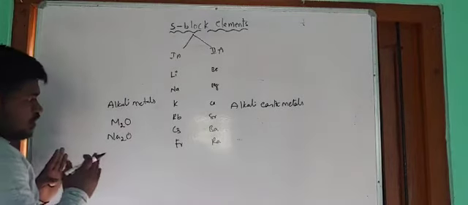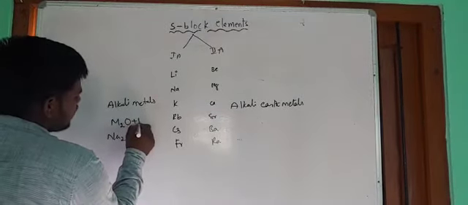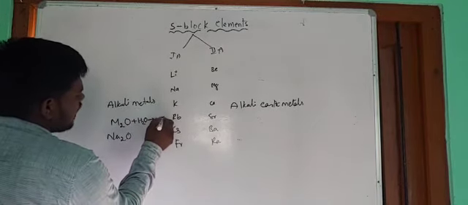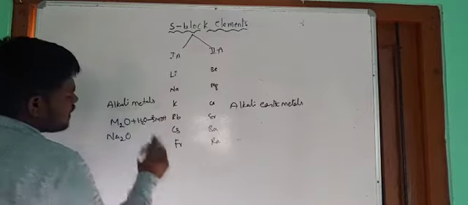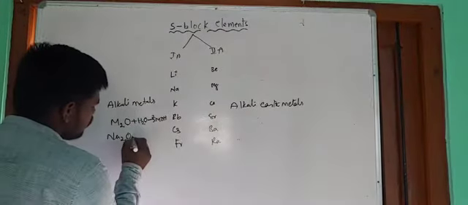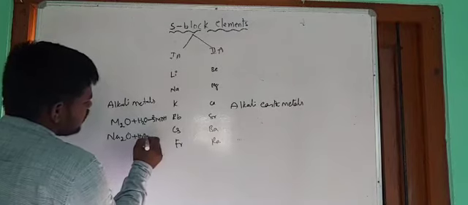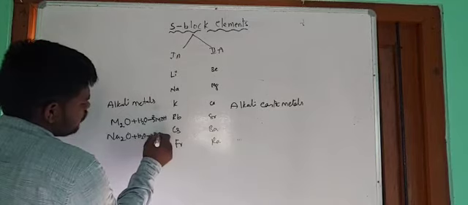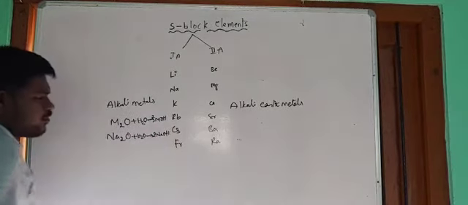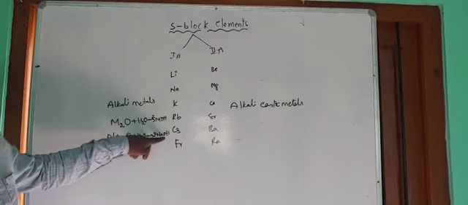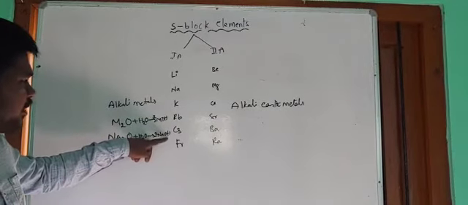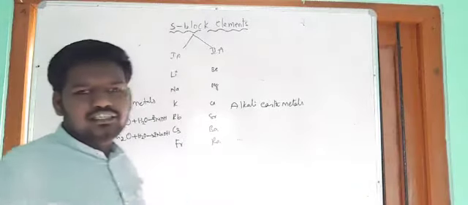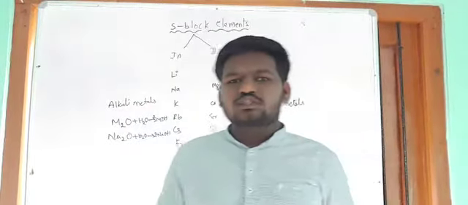Now when these oxides are treated with water, they form metal hydroxides. This Na2O, when it is treated with water, gives 2 moles of NaOH, which is alkaline in nature. So this sodium hydroxide, or the metal hydroxides of the first A group, are alkaline in nature, basic in nature and soluble in nature.